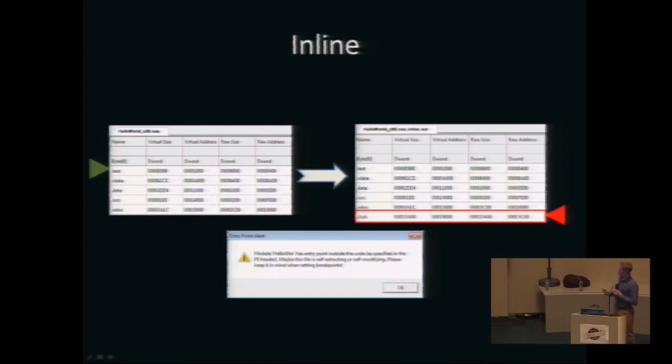You see that there has been a new stub section appended. And if we load this packed file with this inline technique into Olly debugger, it will immediately see that there's something suspicious. Namely, it will see that the entry point of this executable is not in the first section, not in the code section, but